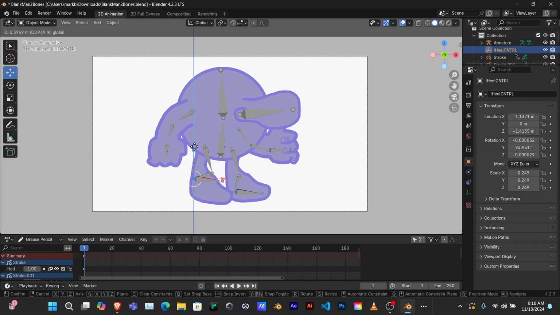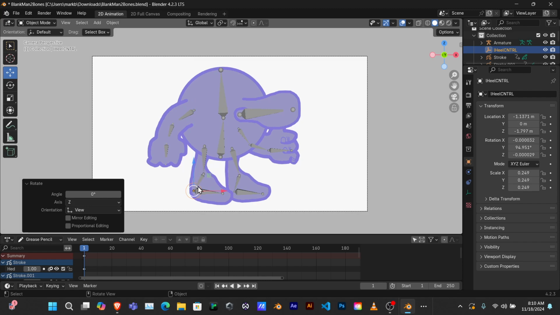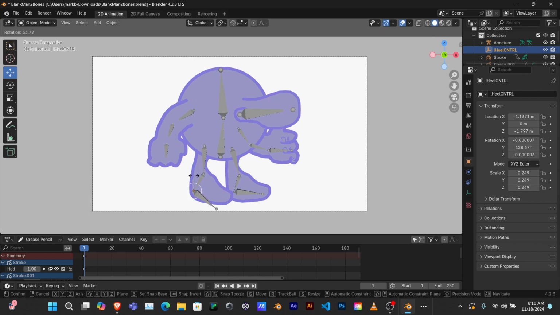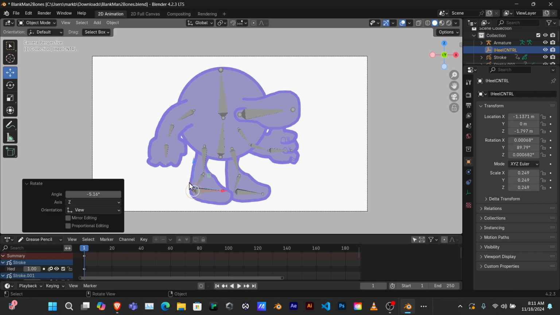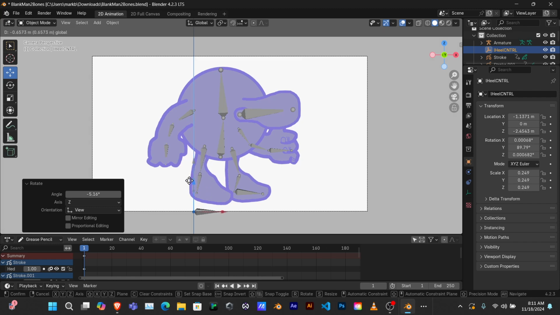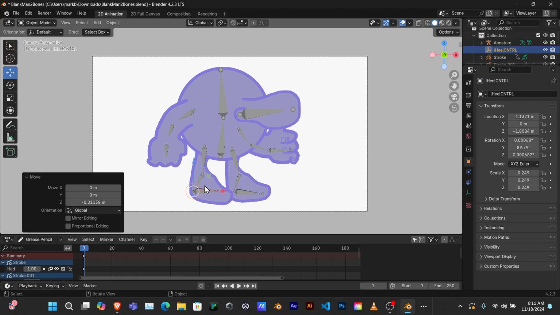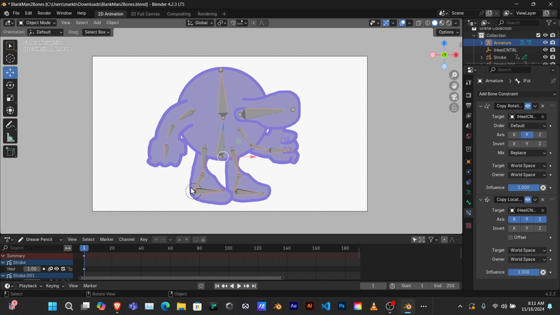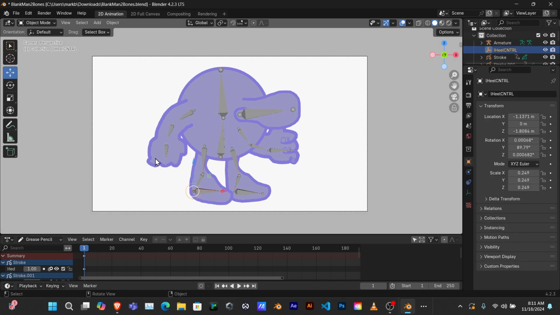Yep, so now the toe doesn't automatically dip, but I can rotate it to make it point up or down any which way I like. Notice that I can also stretch it beyond, because it detaches there because it's no longer connected to the knee bone, it's connected to this circle, this empty, but